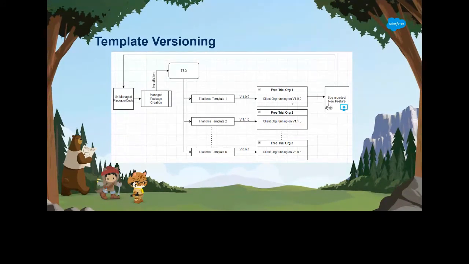Now, while your customer is experiencing and exploring it, he finds that his expectation of your solution is not matching. He found some gap, or some bug; basically, not your solution, but the way he wants it, it is not behaving. It requires some fix. Or they say that your solution fulfils 5 steps out of 7, but not these 2 steps. If your solution can match these 2 steps as well, it is an ideal solution for our problem. This is an example. That is why I say bug reported and new feature.